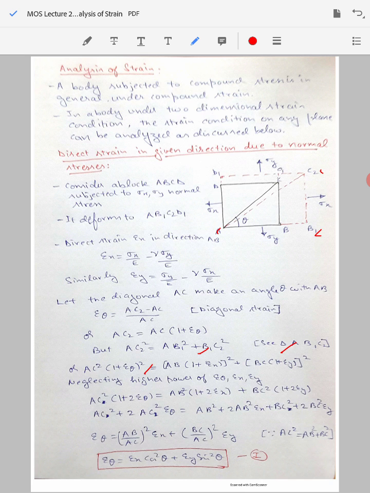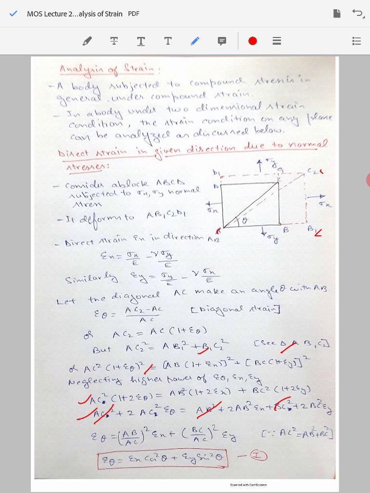But we will neglect the square powers of epsilon theta, epsilon x and epsilon y, because they are very small quantities, so their squares will be even smaller. So finally we will get the remaining expression as shown here, which we can open and simplify like this. Now, if you look at the triangle ABC, AC square is equal to AB square plus BC square, so AC square will get cancelled with the AB square plus BC square, and you can calculate